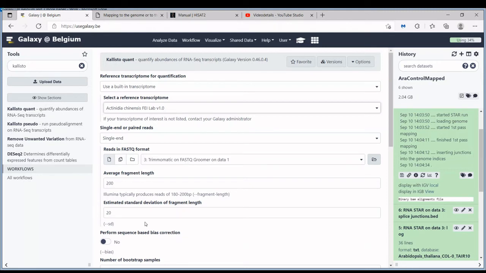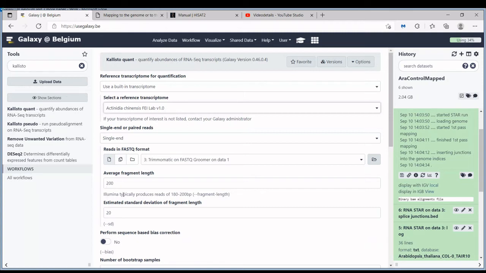And then you have to tell it what the distribution of the fragment lengths in your library is. It is very sensitive to this parameter. It has to be exact or the mapping will not be really good. So for paired-end data, this is not an issue because it can calculate these parameters itself based on the reads. But for single-end data, you have to tell it these parameters.